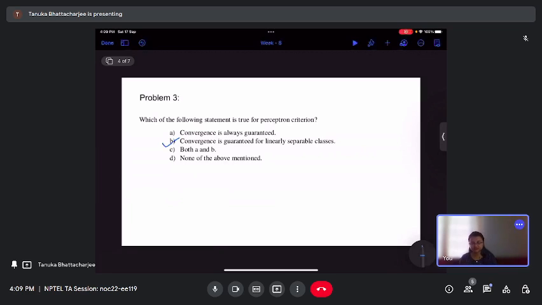For that, let us say we are considering augmented feature vectors. First of all, we are considering augmented feature vectors. If you have augmented feature vectors, let us say we denote those by x_i, i equals 1, 2, 3, and so on. These are the